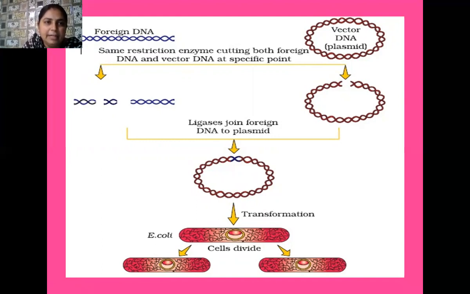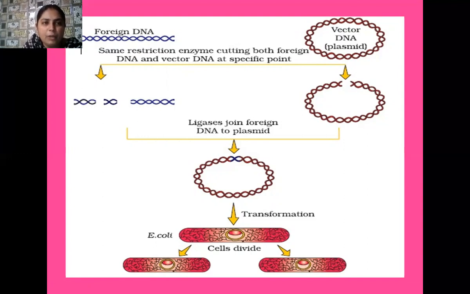Now here you see that the restriction endonuclease recognizes the base pairs, and the cutting is done. So a small segment of the alien piece of DNA is later inserted into the plasmid DNA, and both of them have sticky ends. Then they join with each other with the help of the enzyme DNA ligase, and these sticky ends join with each other by hydrogen bonding. You know very well. Now what happened? A recombinant DNA is formed, which is circular, autonomous in nature.